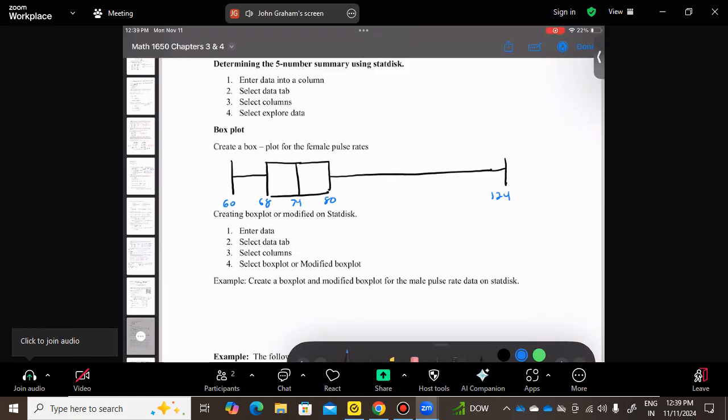What we are hoping to see is that inside the box is somewhat equally spaced, and then also the ends here that come off the box are kind of equally spaced out as well. Inside the box, it kind of shows that this is mostly normal. The outside being the last one being far off shows that that 124 is kind of an outlier, or maybe extreme outlier. Now, to find the outlier for this,